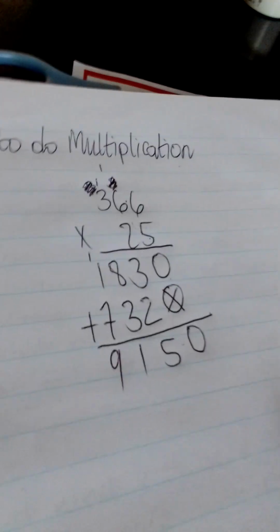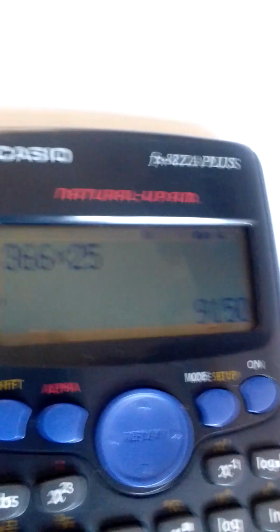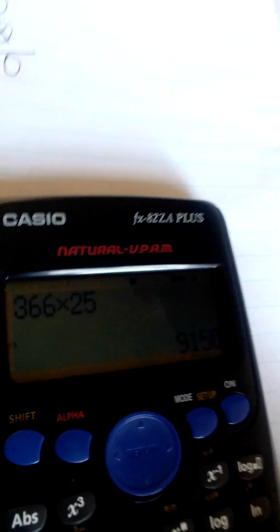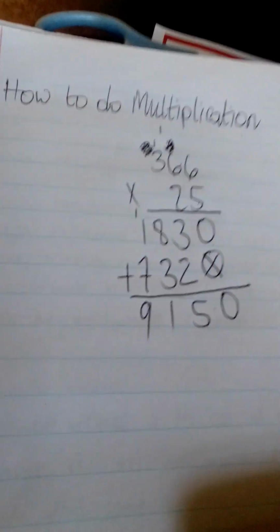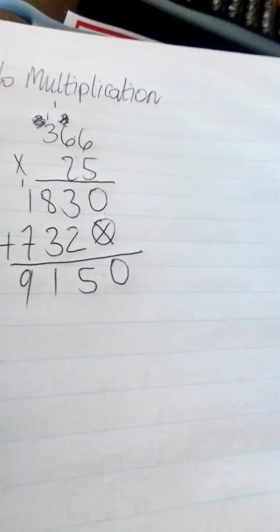366 multiplied by 25 equals 9,150, which is the answer that we got here, as you can see. So it's very simple, guys. You just have to follow the steps, and you can use this method for any numbers,